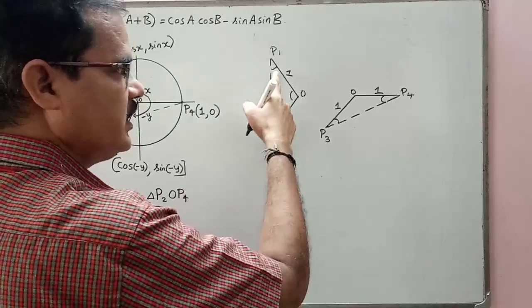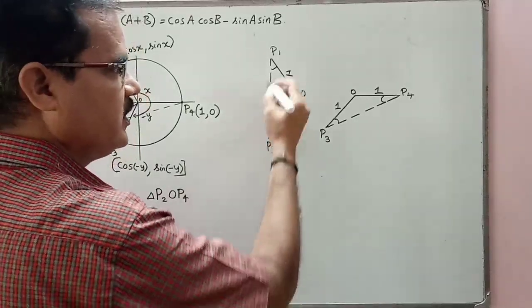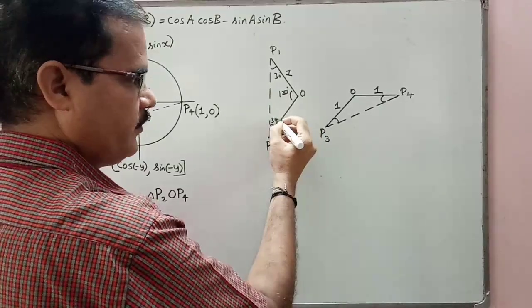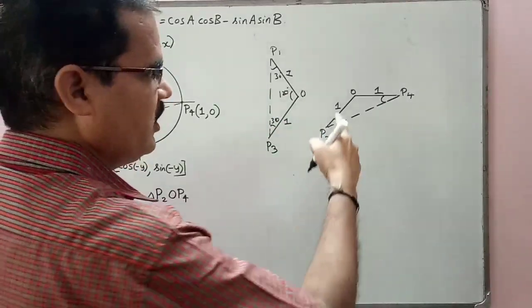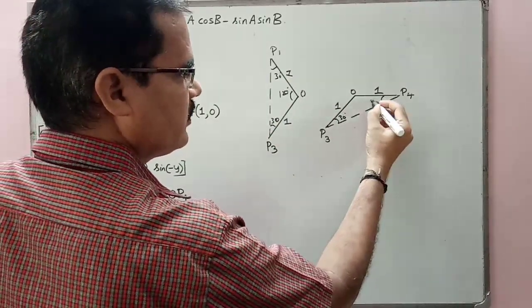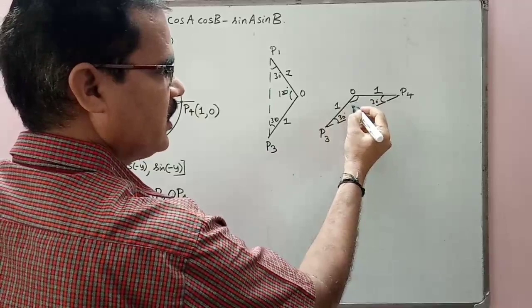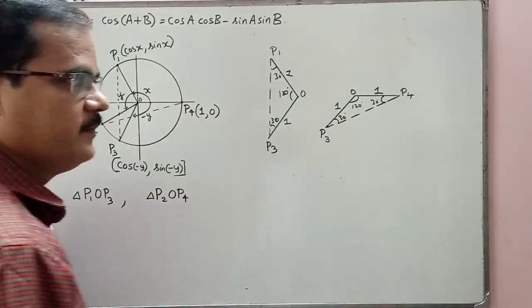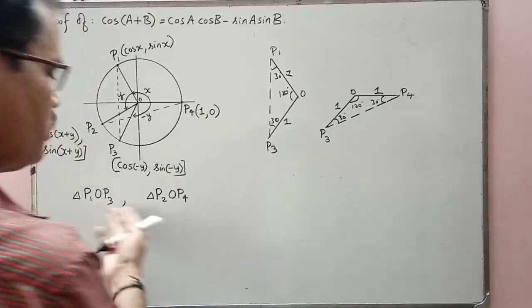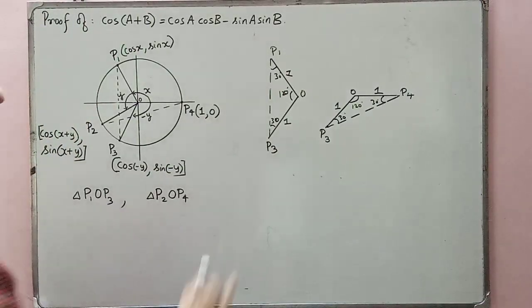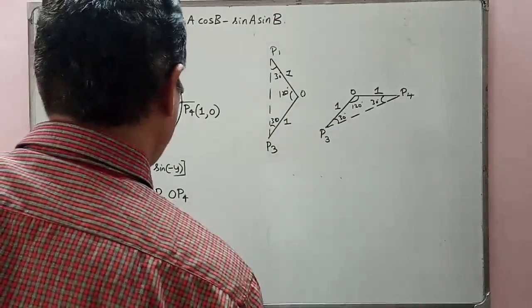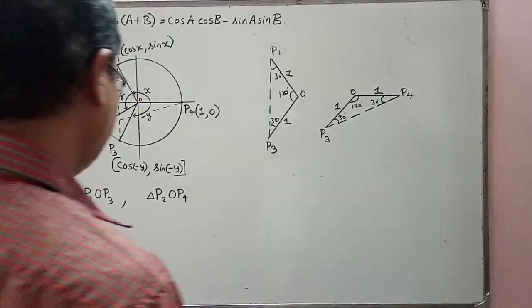For example, this is 30 and this is 30. 30 and 30 make 60. The remaining 120 will be here. The same way, we have proved that they are equal angles, 30 and 30. So the third has to be the same. And the sides are the same. So by SAS congruence, you can say these two triangles are congruent. This is an example I have taken. They are not 30 degrees. That's an example I have drawn to understand. You can make this rough diagram in your notebook to understand.